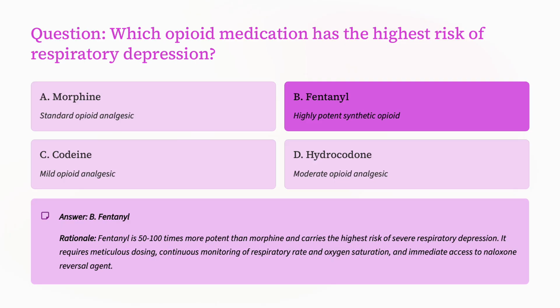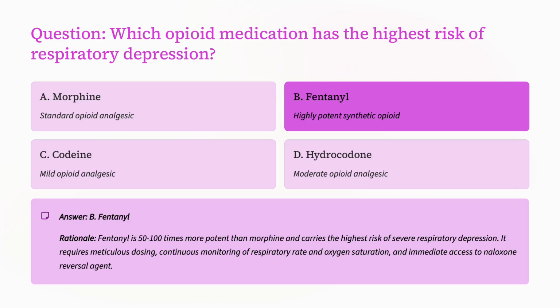So this one is, what opioid medication has the highest risk of respiratory depression? So we talked about how opioids, that is one of the big things, is going to make them breathe slower. So once you understand, okay, we're selecting the one that makes them breathe slower the most. Okay. And so all of these answers are correct. And NCLEX and HESI love questions like that, where all the answers are right and you have to choose the best one. And so morphine, codeine, hydrocodone, and fentanyl, they're all opioids.